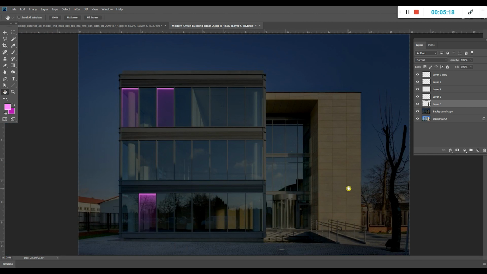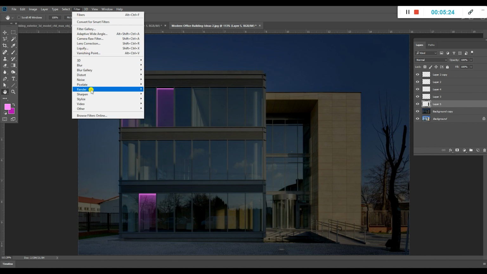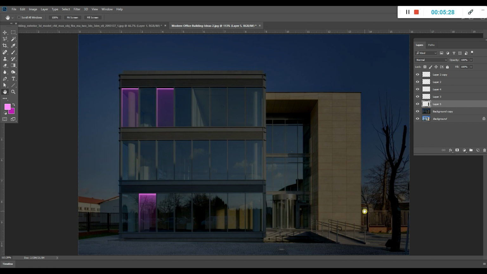Two or three ways there. We can use the brush tool, we can use the gradient tool, and also we can use the filter and the lighting effects. So brush, you already saw how to use the brush tool, and gradient is also the same thing. Let me show you gradient one time. If we want to use the gradient,